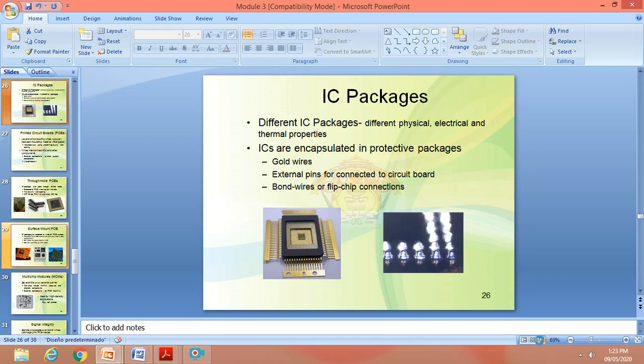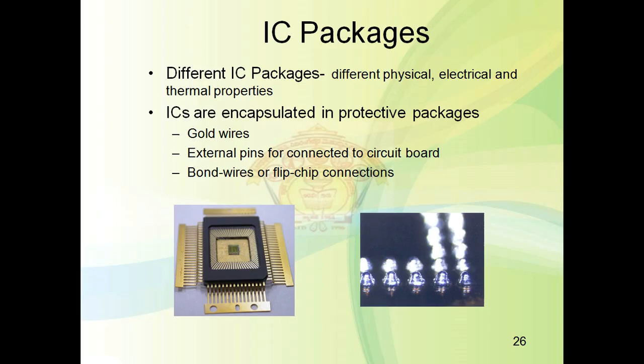Today we'll discuss one more point, that is packaging and circuit boards. In that we'll discuss first IC packaging. Up to now we have discussed the various types of ICs and how to form them, that is MSI, LSI, VLSI, ASICs, FPGAs, CPLDs. The next thing is that we have to pack the IC. So there should be a packaging of the IC.